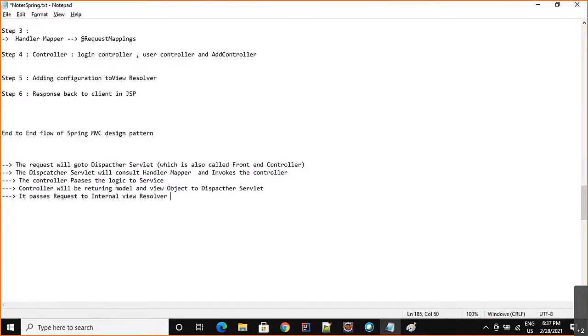So in the internal view resolver, we would be giving in the path, setting the prefix and suffix, and where the JSP is present. The view